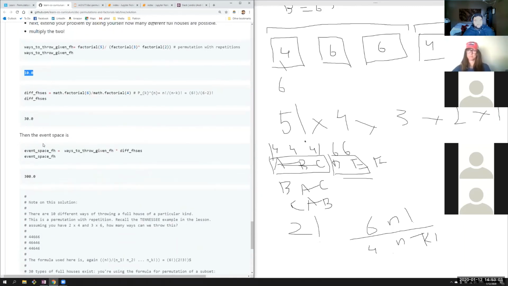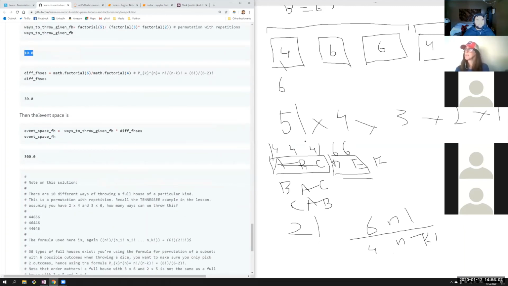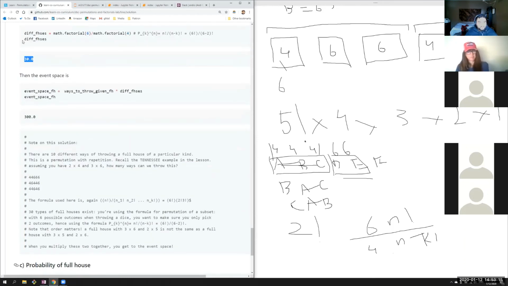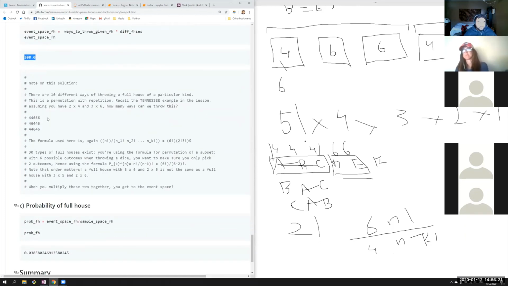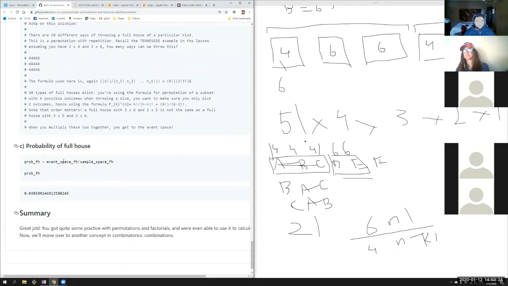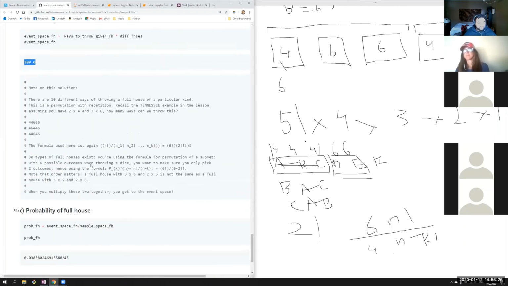All right, so are we good on that? So that's why the event space is now, like we said, 10 possible ways to arrange a full house, 30 possible candidates to constitute the full house, 10 times 30, 300. That's our event space. All right, so the probability of a full house is event space over sample space, and the sample space is going to be